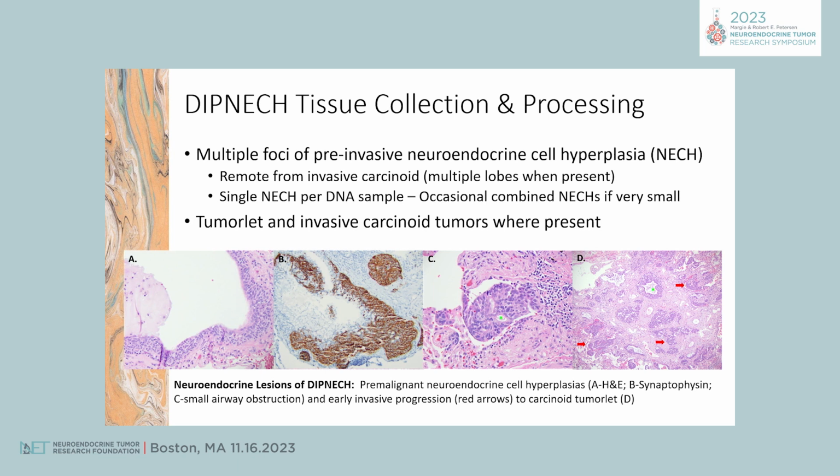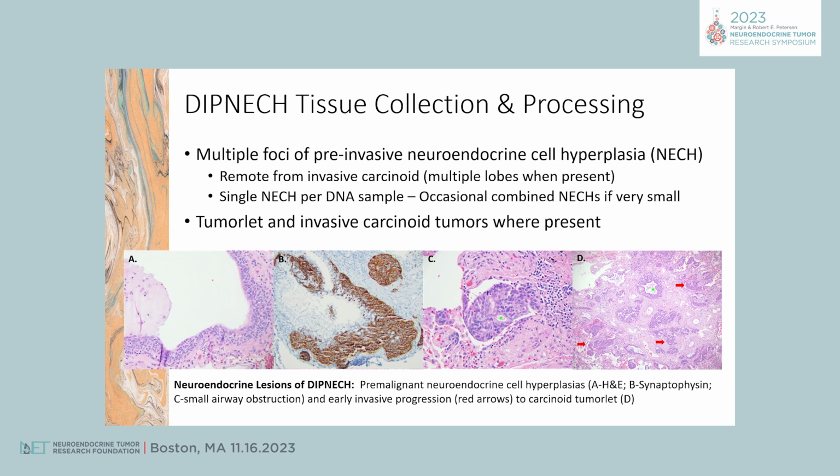You can see it is kind of subtle, but there is this expansion of the basal layer by neuroendocrine cells, which you can recognize on H&E. They do have some of the characteristic changes, the salt and pepper chromatin, et cetera. But then you can see on a synaptophysin stain, there's a significant expansion. In the normal airway, there'd be 1 or 2 individual synaptophysin positive cells.